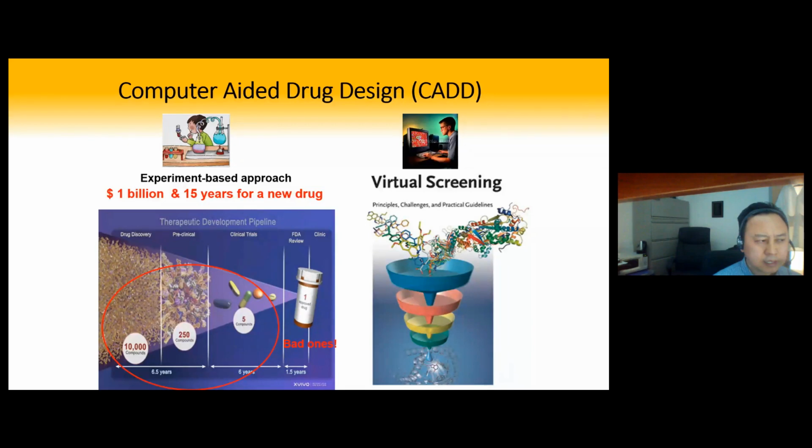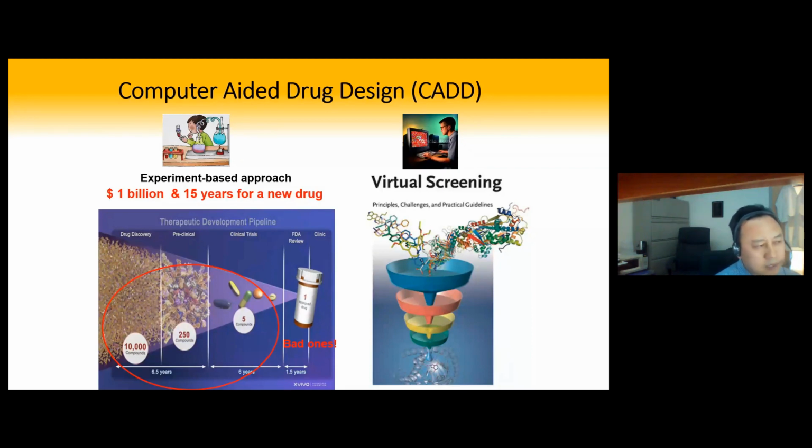Then we use computing power to screen millions, billions of compounds, even compounds that have not been synthesized and exist in this world. And we can find the best ones. Then we get a very short list of compounds, maybe 10 or 20 compounds. Then we spend the experimental resources on those good compounds. So that's basically the idea behind computer-aided drug design.